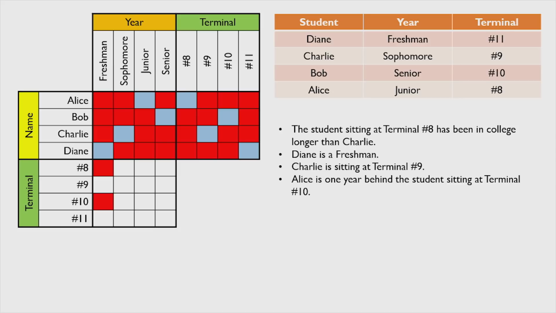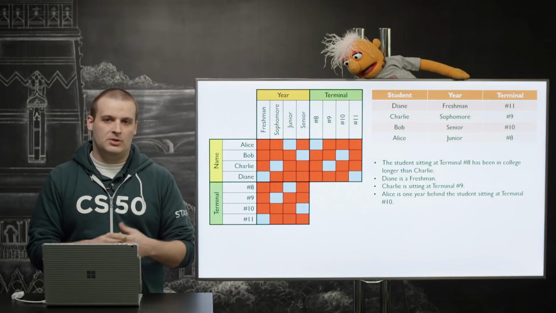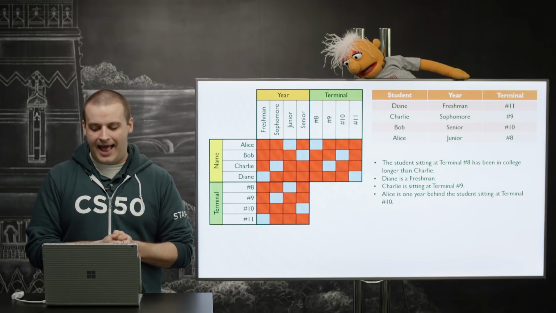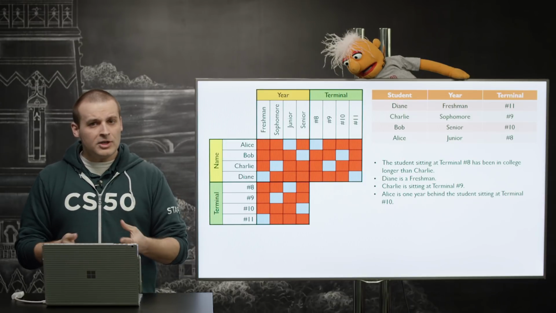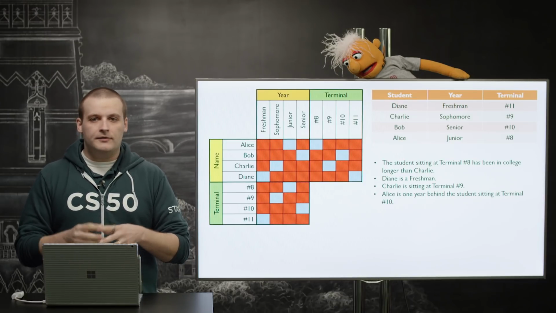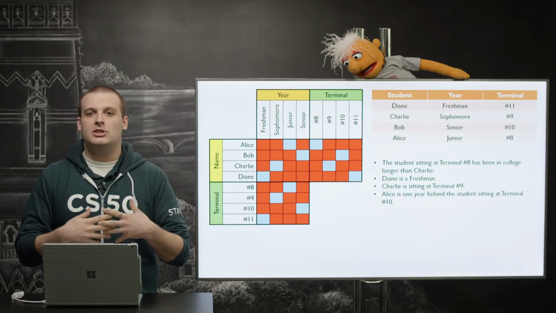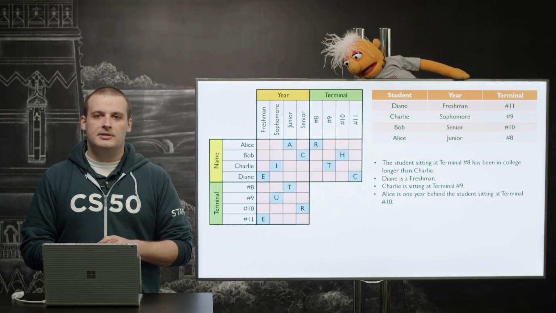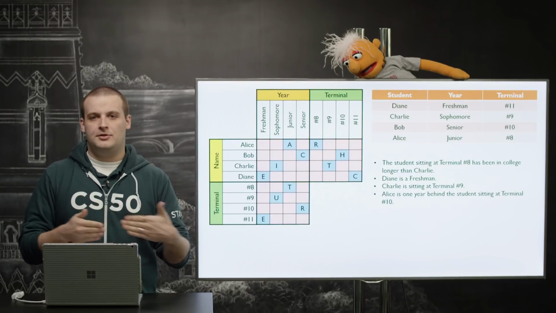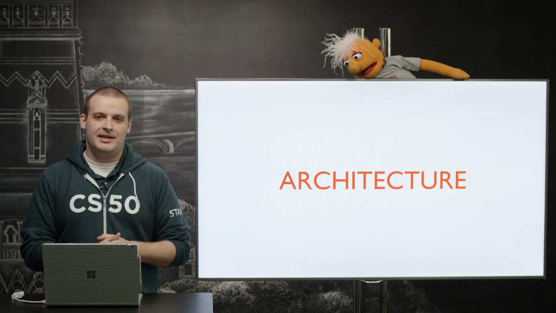And now we've filled out everybody's information, so we can also fill in everything in that bottom grid based on all the information that we already have. Now, for that last piece of the puzzle. Originally, as you know, all of those squares that we just filled in had letters in them. If we just focus on the ones that now reflect all of the true relationships in this puzzle, we see that these are the letters left. If we read them from left to right, top to bottom, we're left with the word architecture. And that was the answer to this puzzle.